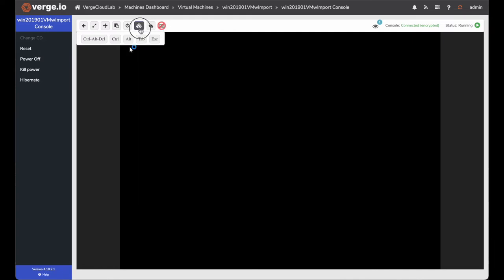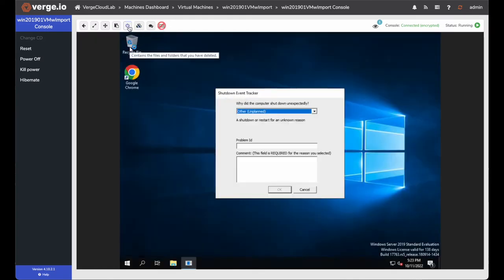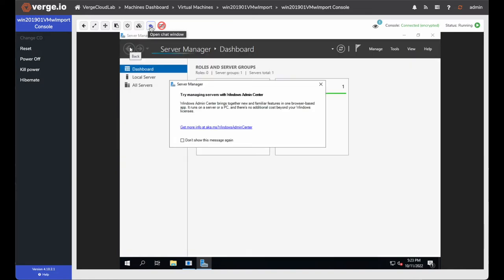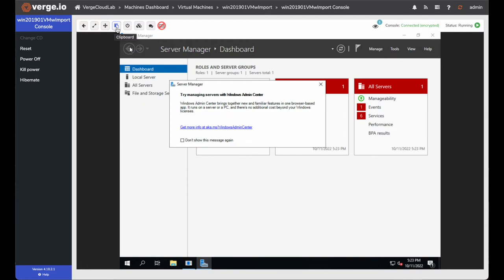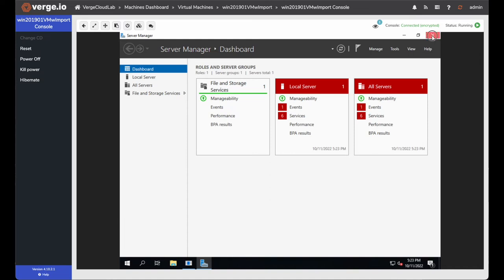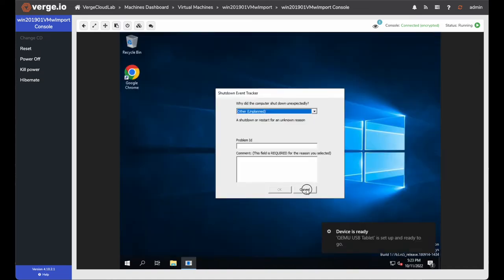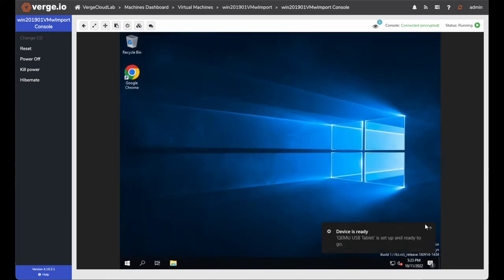I'm going to close my console buttons up here. With our console buttons, we also have a power reset. We have a little chat board if you want to chat with support for your end users. And then we also have clipboard copy where you can copy text in if you're running scripts or entering URLs, that sort of stuff. Close out some of these default windows. It says this device is ready, which means my QEMU agent is up and running. You can see here my network is internet